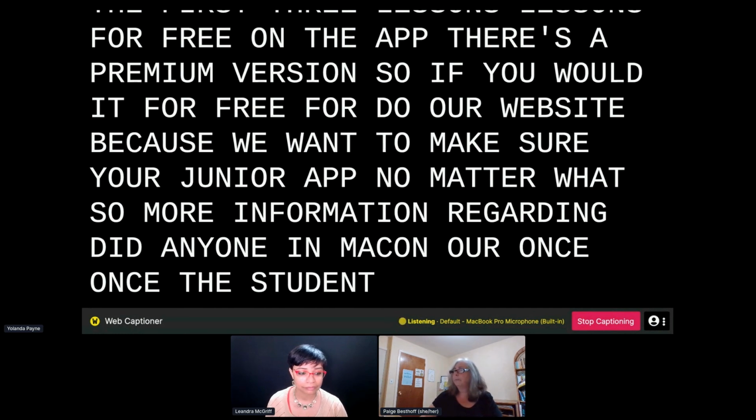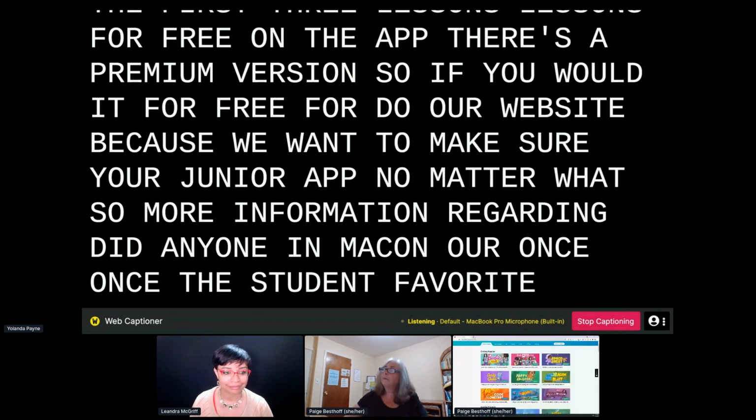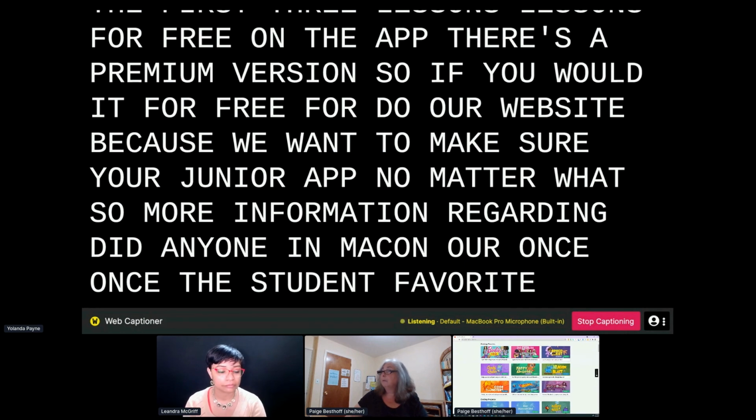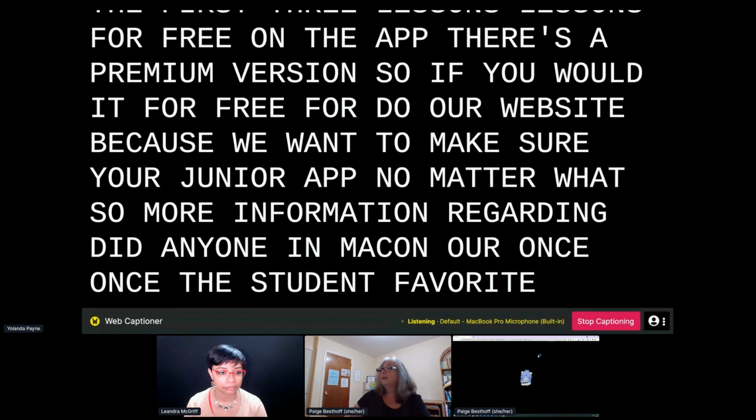So the Barbie Pet Vet is a favorite. I'm gonna go back and share my screen in case you're not in it. So this was the Hour of Code link. And I sorted by elementary here. And even the boys, everybody loves this Barbie Pet Vet. And Space Quest. So again, even though these are a little bit older, once they're past the tapping, they can move on and choose. And again, they're always given a choice.